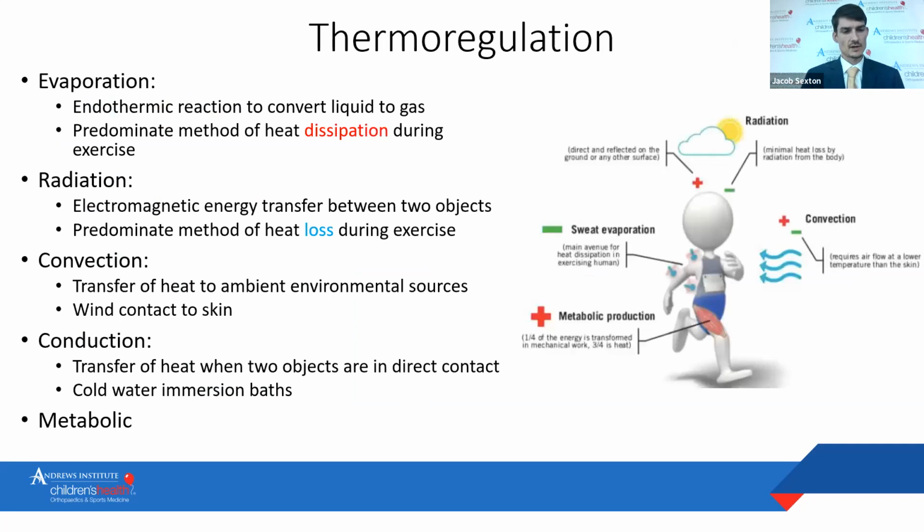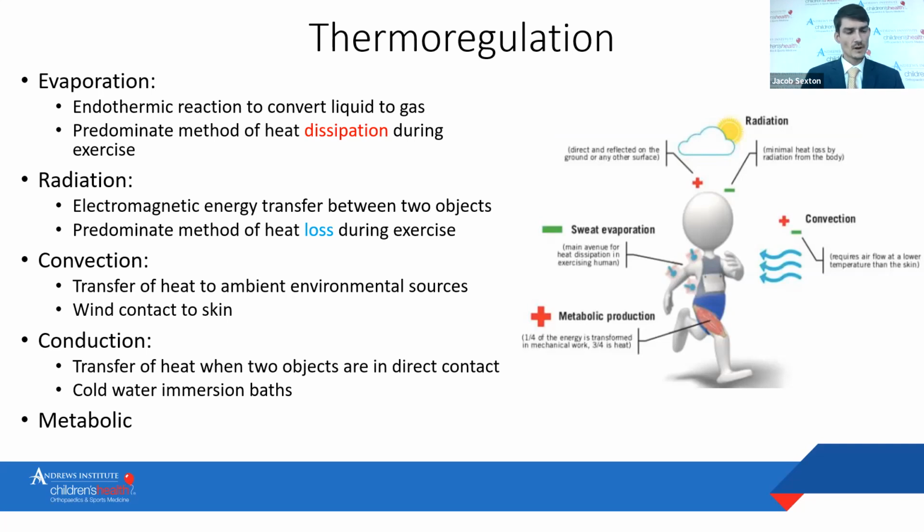So exactly how do we go about, as humans, with thermoregulation during exercise? The most important method of heat dissipation or heat removal in the body is evaporation. We briefly discussed this earlier. Whenever you actively perform exercise, heat is produced in the body and then gets transported to the superficial skin in the form of sweat. When sweat contacts the cooler ambient temperatures in the environment, such as wind or a lower total temperature index, that sweat will be evaporated and pulled off into the environment, thereby lowering the total core body temperature.